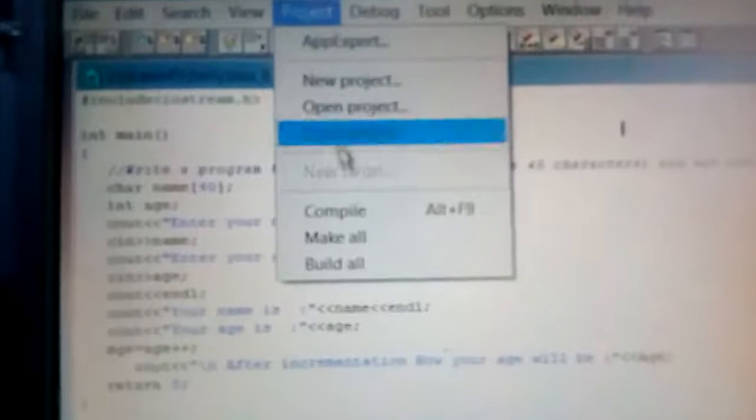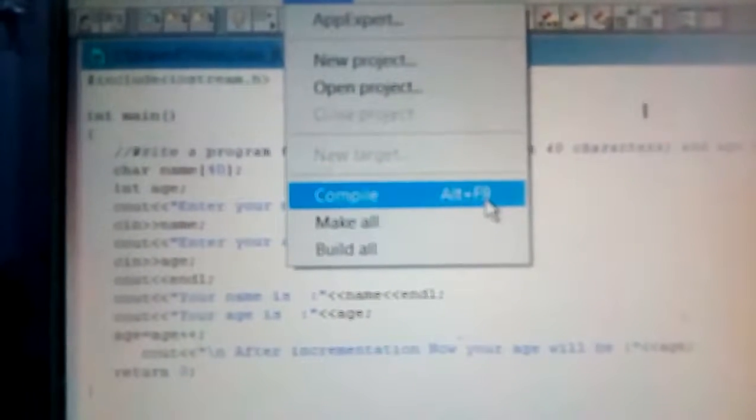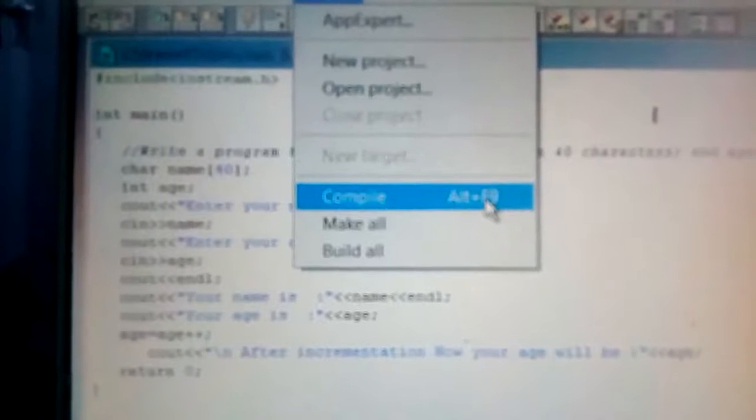So remember that these are the shortcut keys. Sometimes it has been asked what is the shortcut key to compile the program in Turbo C++, or what is the shortcut key for executing the program in Turbo C++. So for that you have to remember Ctrl plus F9 and Alt plus F9. Okay, so just click on that run option, Ctrl plus F9. Enter your name.